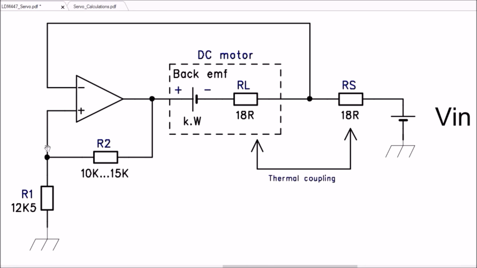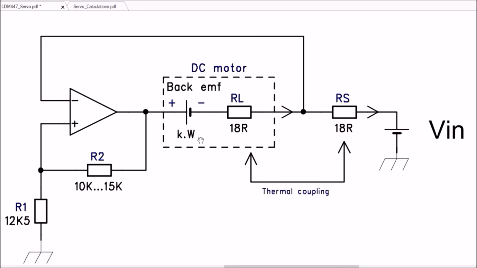Okay, and the voltage across this resistor is proportional to the input voltage here, which is the output of the servo amplifier. Therefore the velocity of the shaft is proportional to the input voltage here. Suppose now that we have a torque applied to the motor, there will be a current flowing in that direction. In that case, the voltage at this point increases and the velocity of the motor decreases, but at the same time, because of this local positive feedback, there will be an increase of the output voltage here. So there is a compensation and the velocity of the motor is constant.